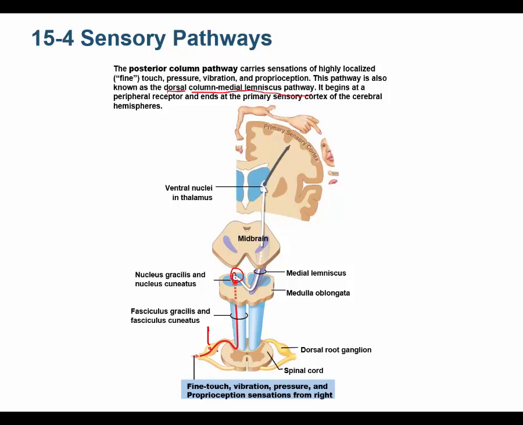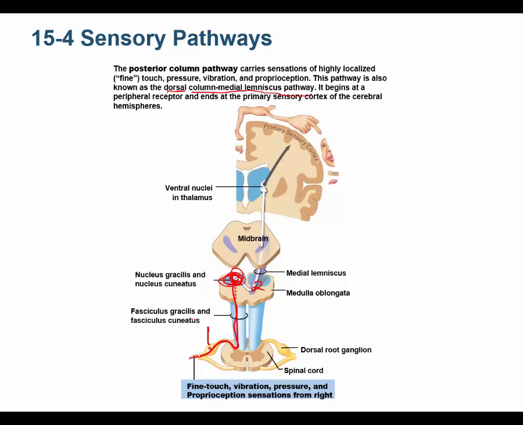So this could be coming from your toe. This neuron comes from your toe, enters the spinal cord, comes up through, and when it gets to your medulla oblongata, it then synapses with the second order neuron. The second order neuron still decussates, but it doesn't decussate in the spinal cord, it decussates in the medulla oblongata. That's where it decussates. Now, the nuclei of the medulla oblongata, where this synapses, are called the nucleus gracilis and